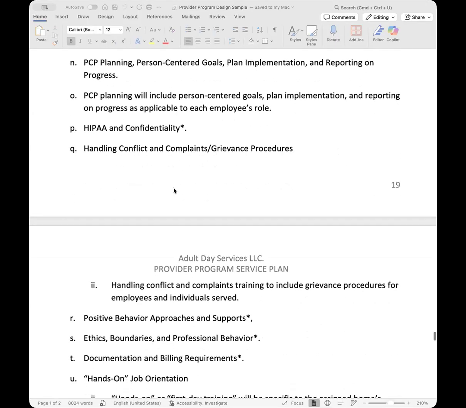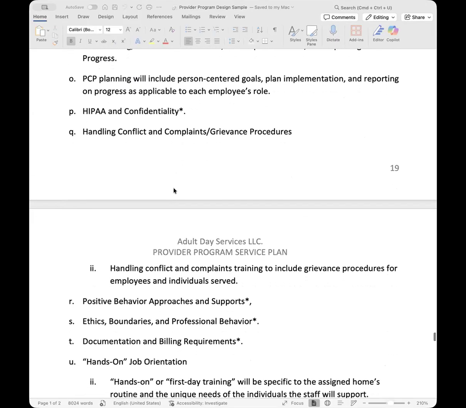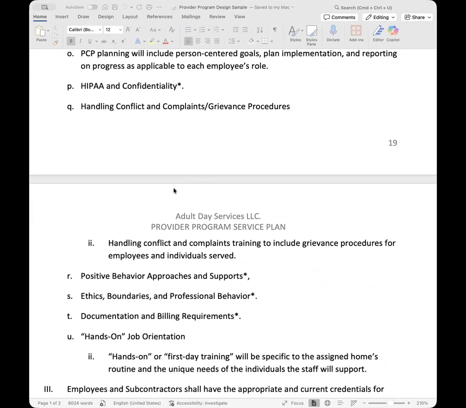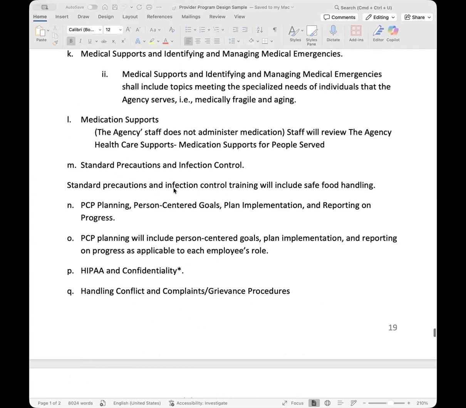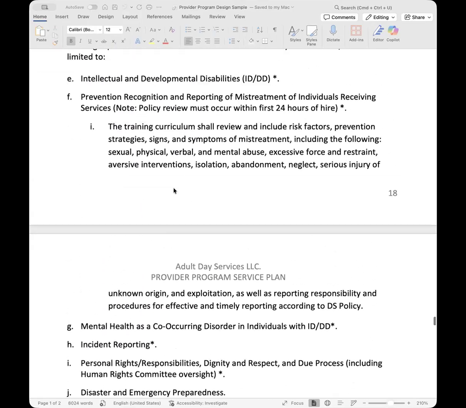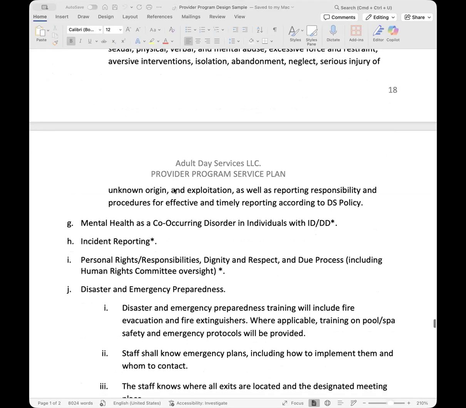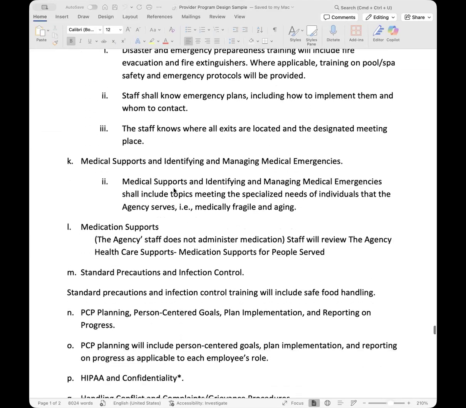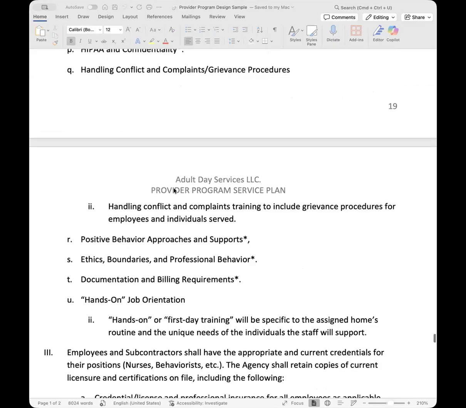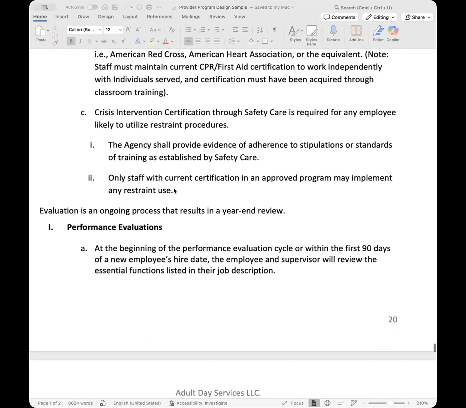So I'm just going over the same trainings I just went over. These are just to tell you that your annual trainings will be the same as your new hire orientation trainings. So this is just saying your employees will be trained annually. They'll do the new hire training and annually thereafter. And these are the exact same trainings that they have to take every year.